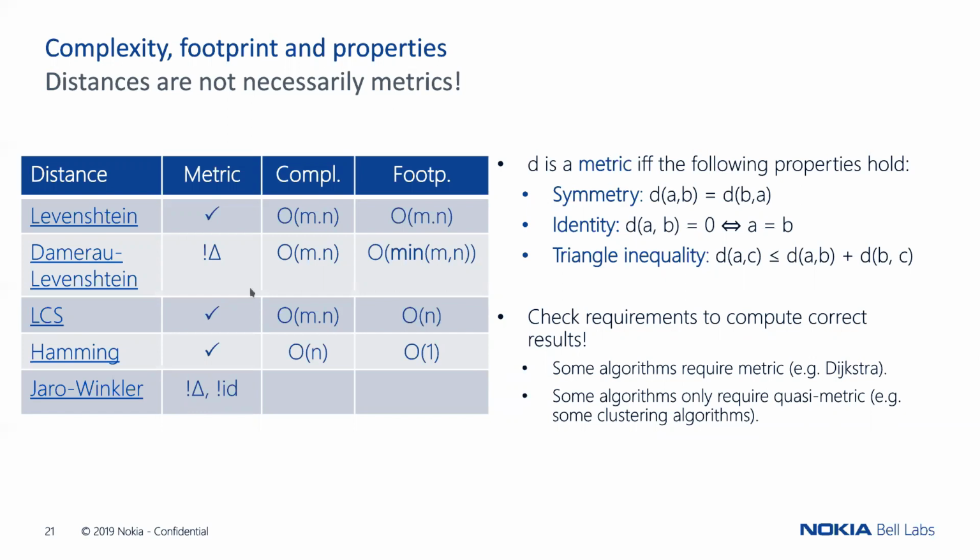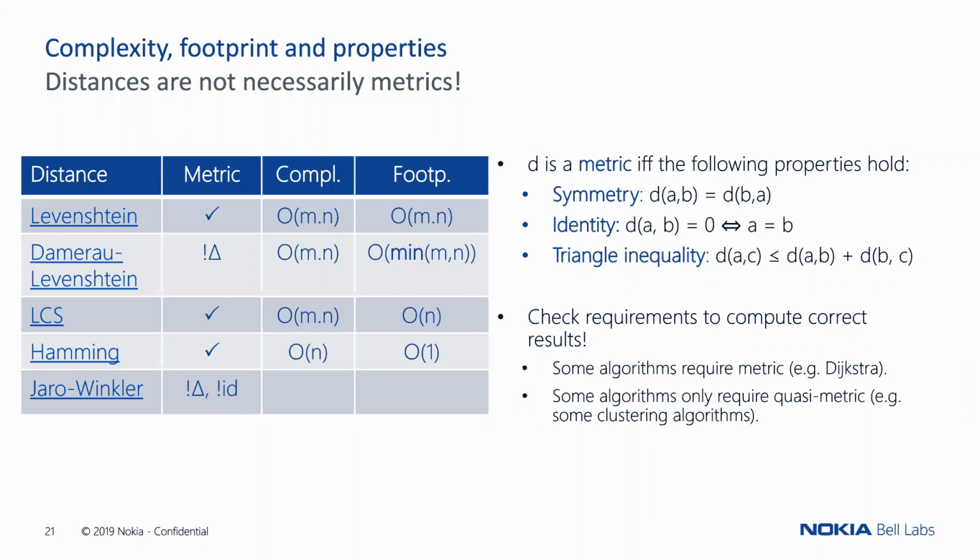This is typically what happens for Damerau-Levenshtein and Jaro-Winkler, which do not satisfy the triangle inequality, and Jaro-Winkler does not satisfy the identity property. So you have to keep in mind that we talk about edit distances, but distance does not imply metric. And be careful, because in French, distance is what we call metric in English, and that's a common trap. Anyway. So why do I talk about this?